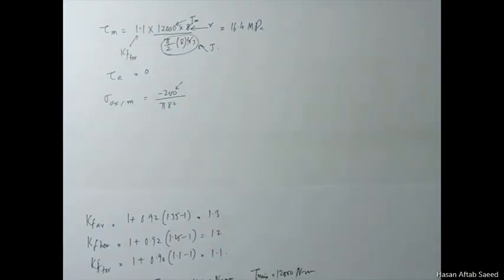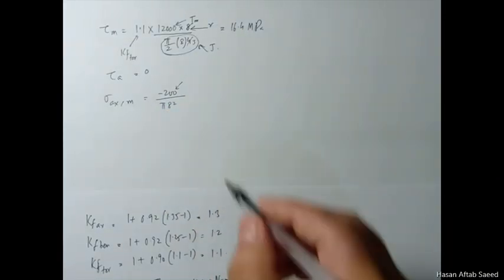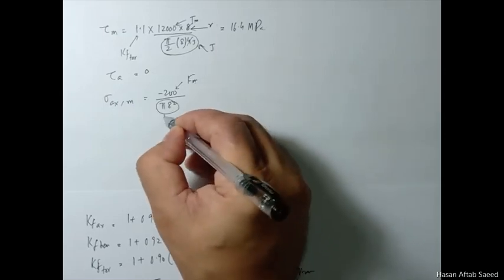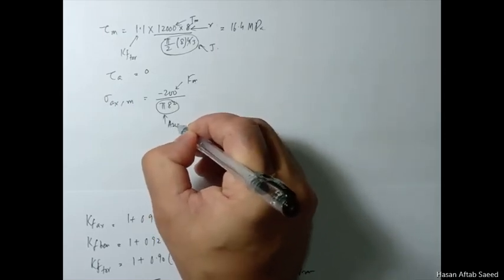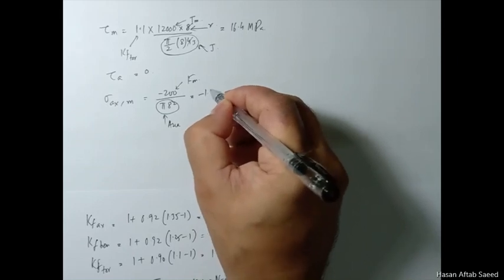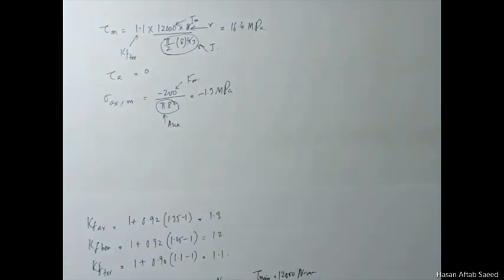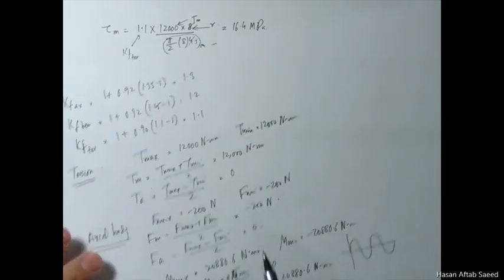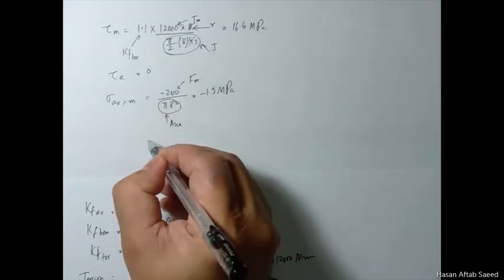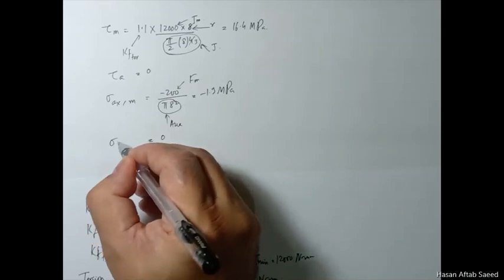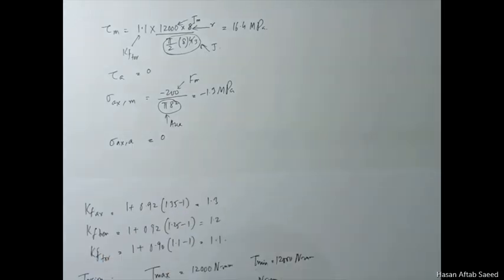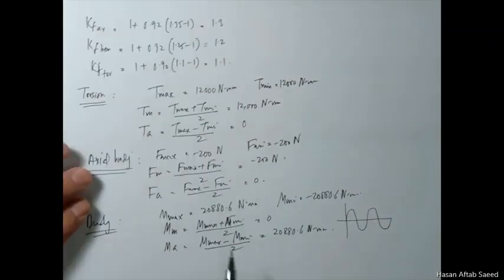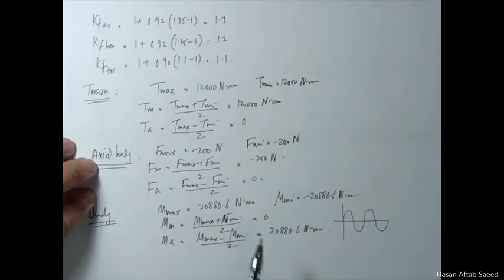This is your F mean component, and this is your area. This is minus 1.3 MPa, and because Fa is 0, if you put Fa 0 here, the amplitude component becomes 0. When it comes to bending, now the mean component should be 0,